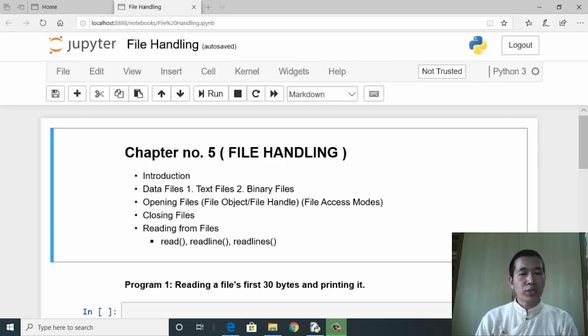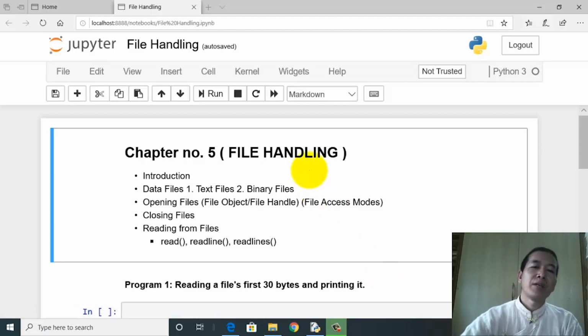Chapter number 3, which is working with function, and chapter number 4, Python libraries, are relatively easier and smaller chapters as compared to file handling. And from the marks weightage point of view, this particular chapter has far more weightage as compared to the other two. And another important reason why I am straight away starting with this particular chapter is that this chapter undeniably has to be one of the most important chapters in your curriculum. So without any further delay, let's get started.